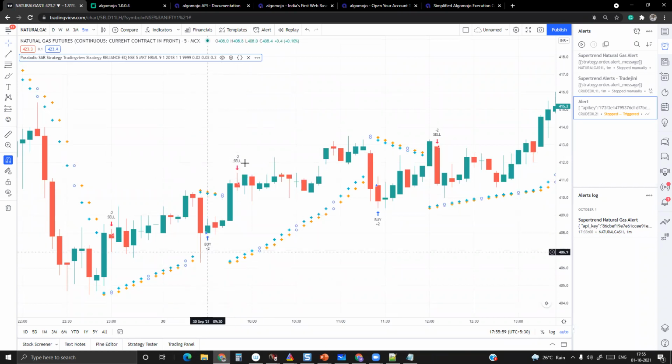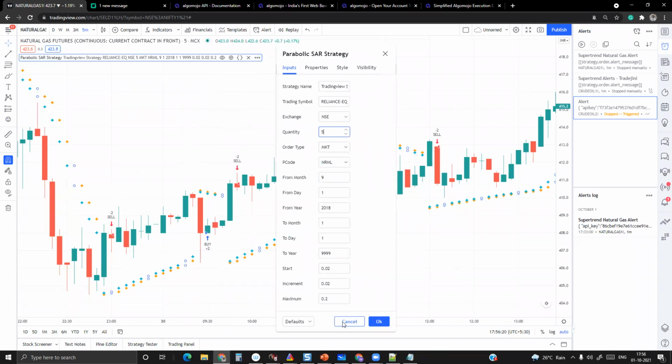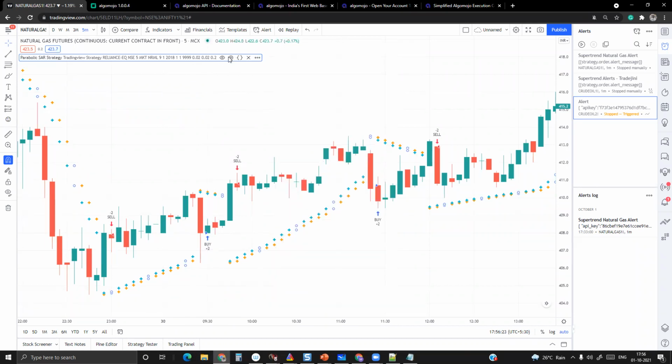So I want to reduce it to 1 time, because maybe in the morning, I'm just going to take it fresh. Today only I'm trading the strategy. I don't want to double the quantity. Otherwise, if the quantity is, let's say 5, it is doubled, so then 10 lots will be punched. So instead of doing that, I'll go to the settings.